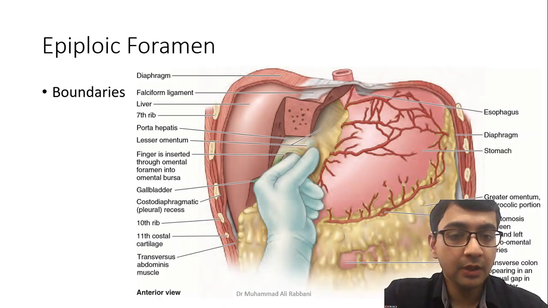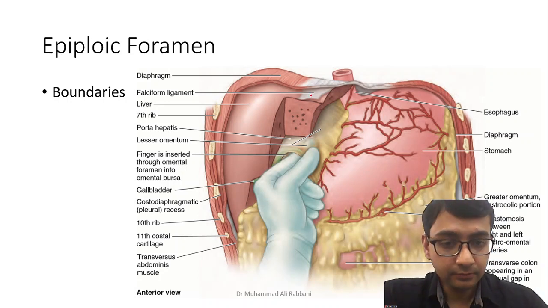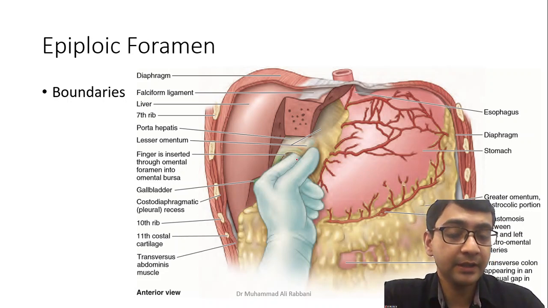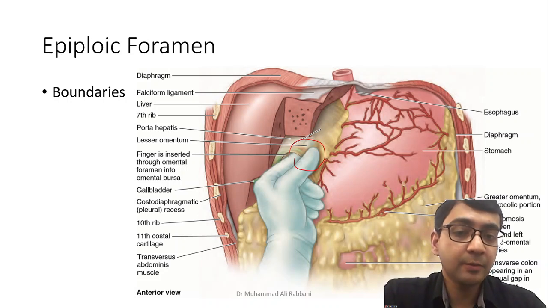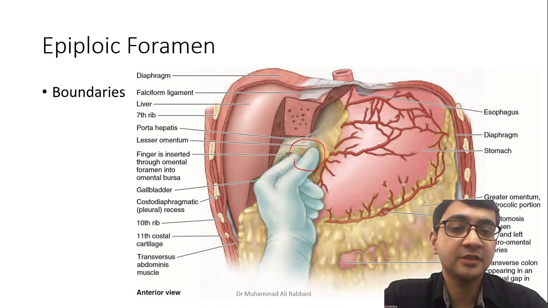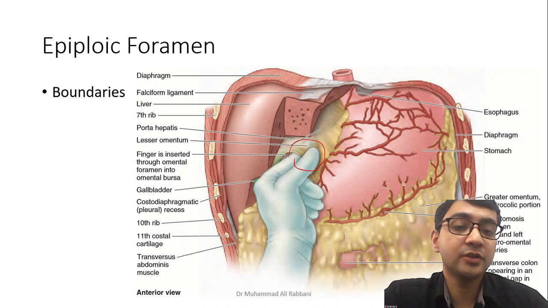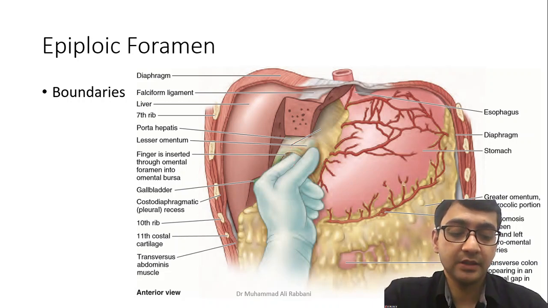Epiploic foramen, we discussed the boundaries, and it has very important clinical importance in that all of the blood going to the liver, the portal vein and the hepatic artery, is going through this. So this point, the anterior margin of the epiploic foramen, can be used to stop the bleeding of the liver. When there is a lacerated liver, immediately there is bleeding, you just pinch this point and all of the blood that is going into the liver stops. Then you can do the surgical repair and then you can release it at your convenience.